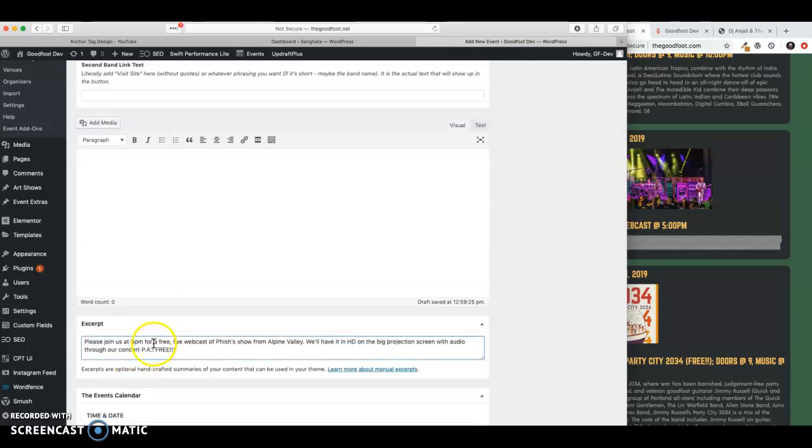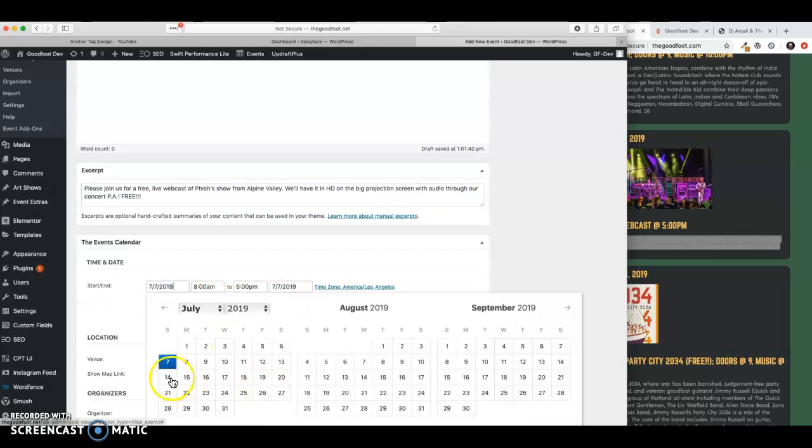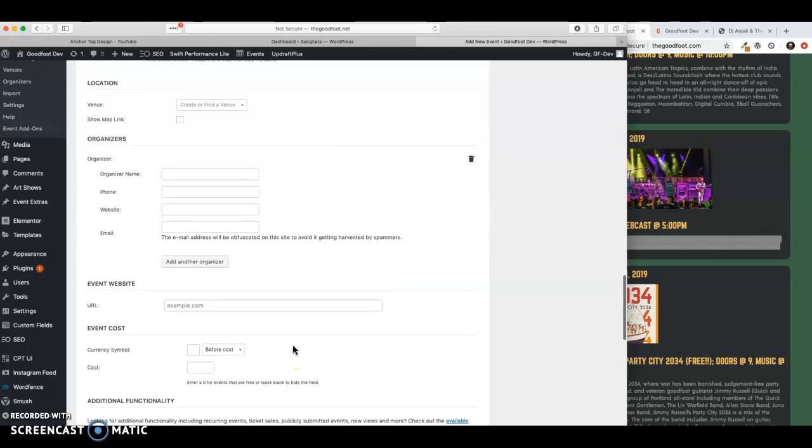We're just going to say, join us for a free live Alpine Valley HD projection. That works. Continuing on, we're going to go ahead and pick the date and time, and we'll just call that 4:30. I don't know how long that thing runs till, but jam bands, we'll let them go. Let that go till 9. You go upstairs and grab some food. And then down here,